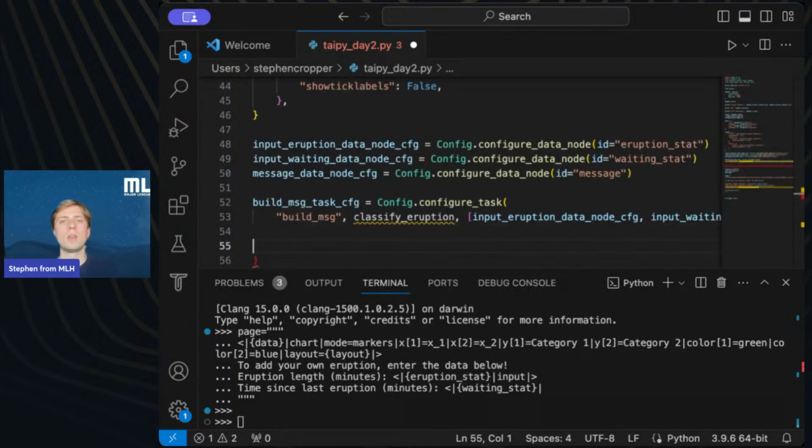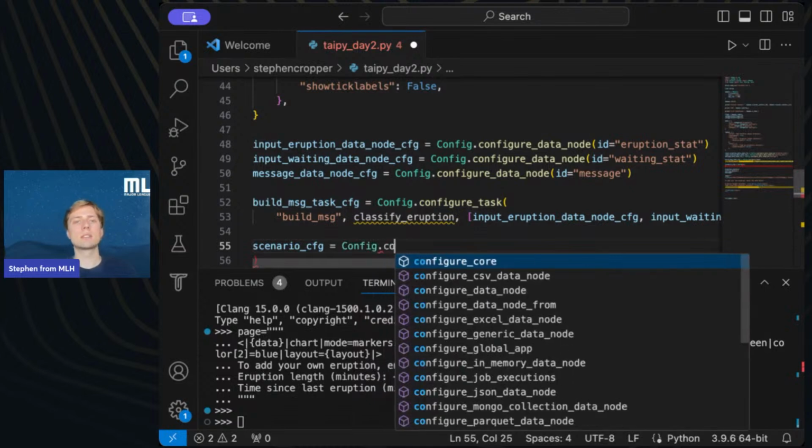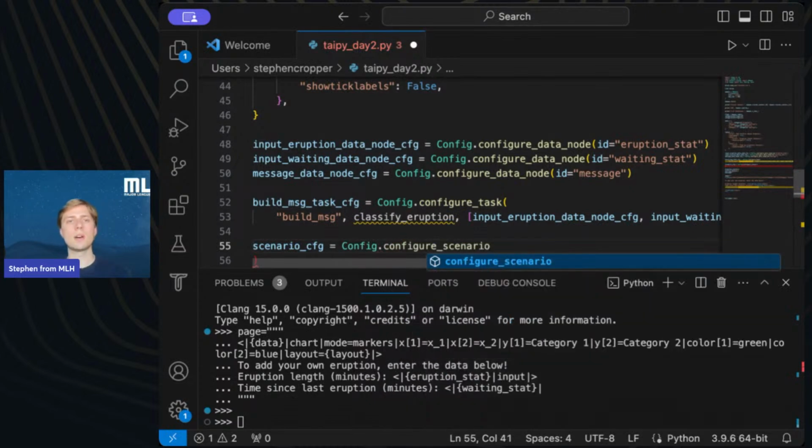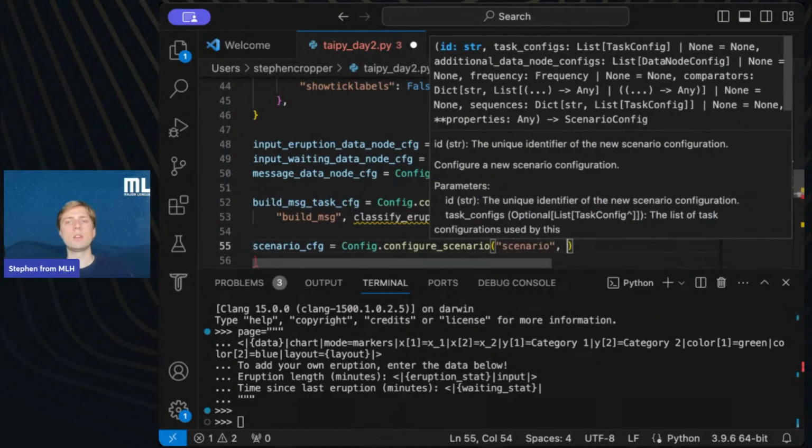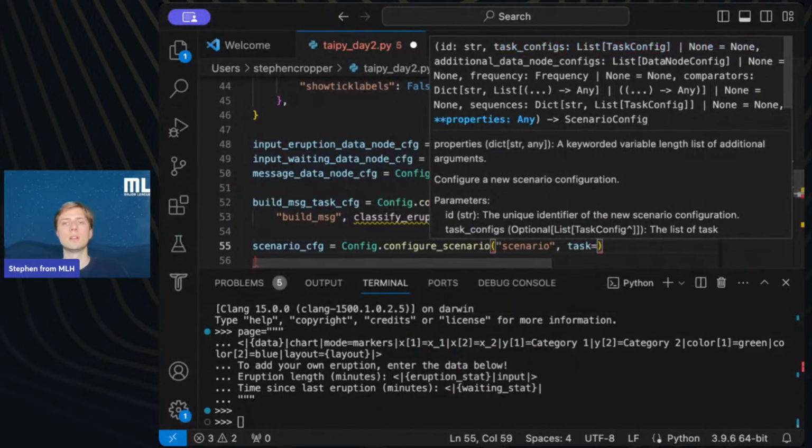Okay, and then I want to put one more configuration, the scenario configuration, and this kind of unites the tasks and the nodes together in Taipy. And we'll configure the scenario using the scenario object or scenario ID, and the task would be this build message task. Okay.